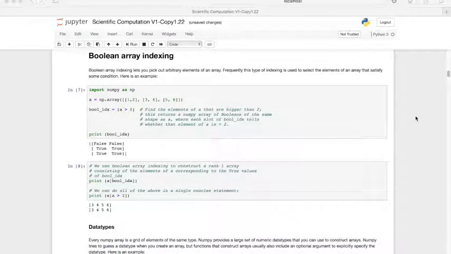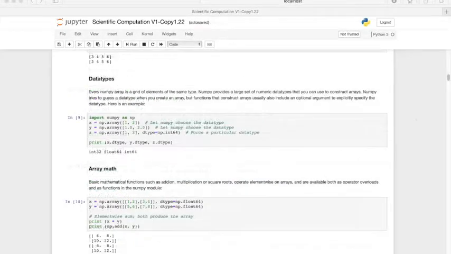Boolean array indexing lets you pick out arbitrary elements of an array. Frequently, this type of indexing is used to select the elements of an array that satisfy some conditions. Here is an example. NumPy tries to guess a data type when you create an array, but functions that construct